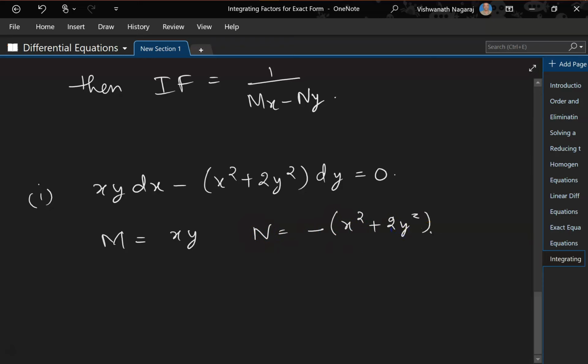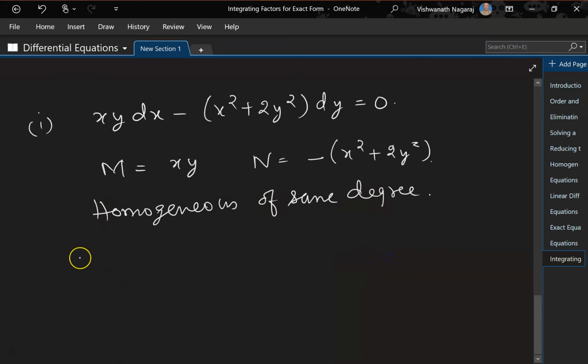Both are homogeneous of the same degree, 2. So let's see, based on the first rule,